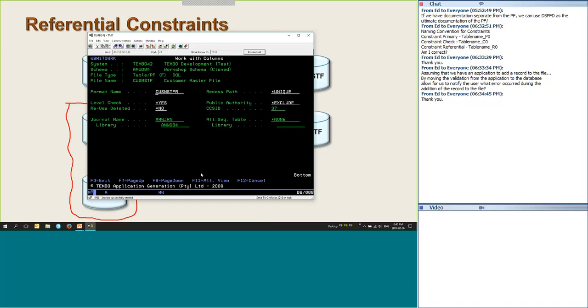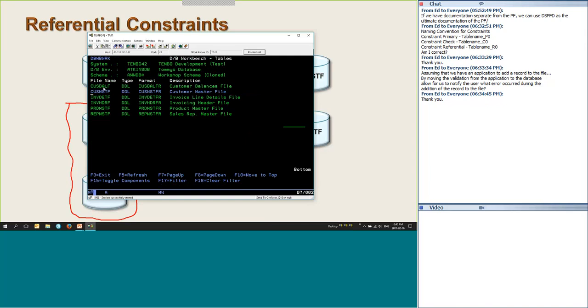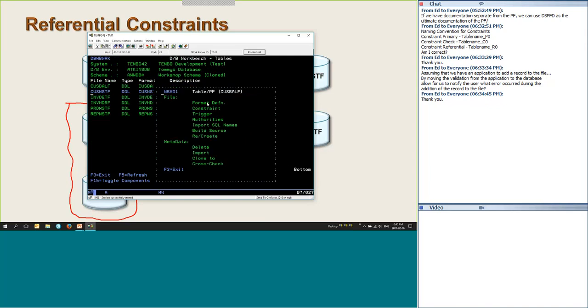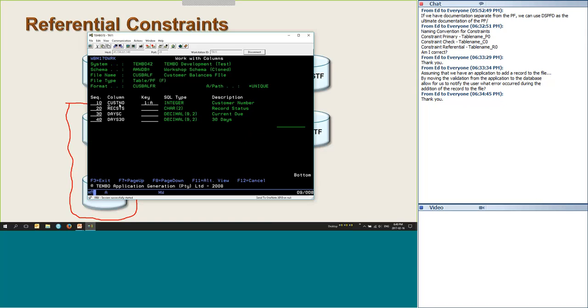Now, the balances file has got the customer number. It has the record status. This one is extremely simple, but it has the current due and 30 days due fields. And obviously it would have 60 and 90 and a couple of other financial type of fields